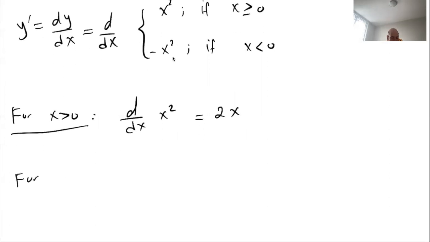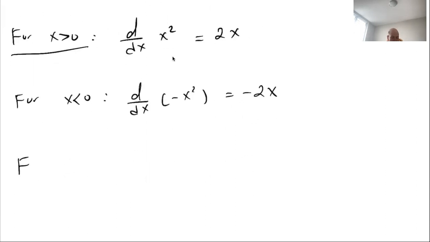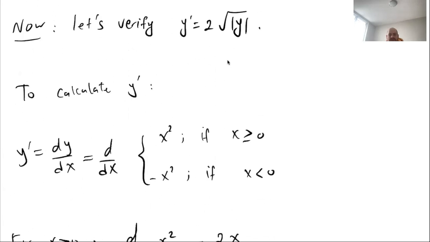For x less than 0, we need to find d to dx of minus x squared, which is minus 2x. And for x equals 0, we have to do it separately. Many students make a mistake here, and they think because this formula is for x bigger than or equal to 0, then for x equals 0, we can use this formula to differentiate, and derivative of 2x at 0 is 0. That's not a correct approach,